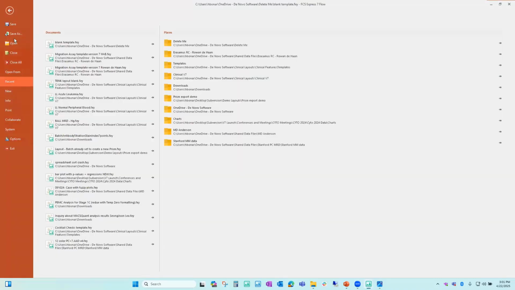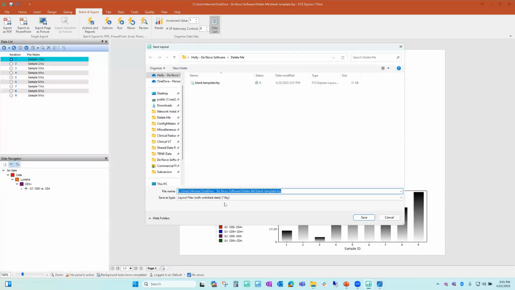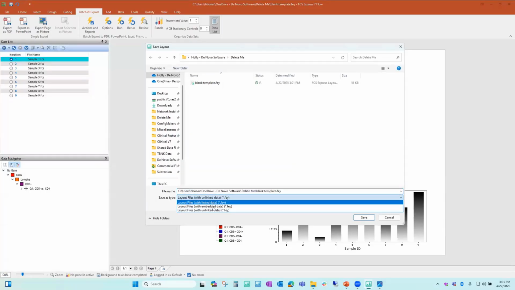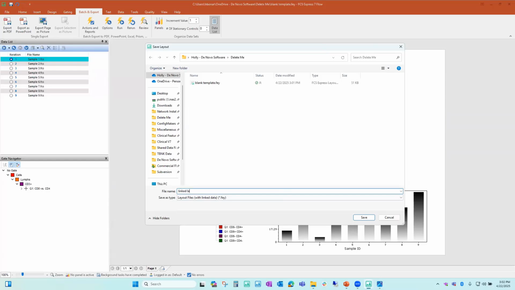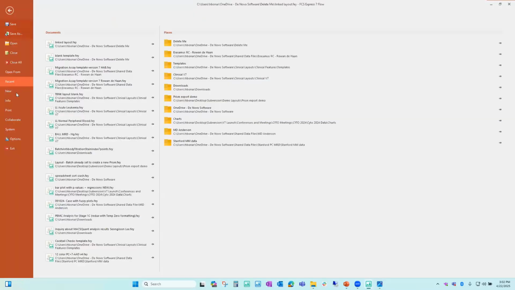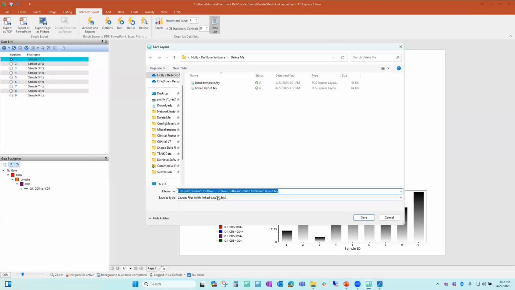We can also save it associated with our data. So we can choose it to be either linked or embedded. These are kind of different variations of a theme. Linked means it saves the file paths of the data files that are here. Let's call this linked layout. When you reopen the layout, it will go find the data files and bring them back in from where they're located. Okay. If you save it as embedded, embedded actually saves the data file as part of the